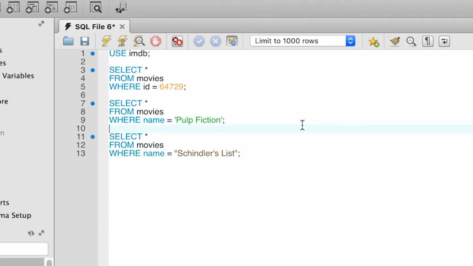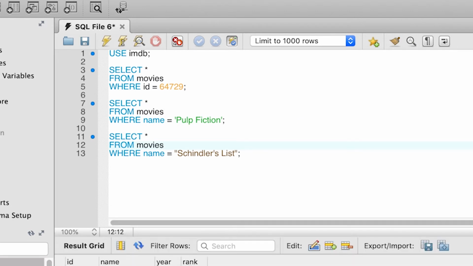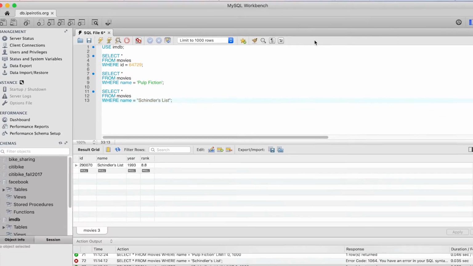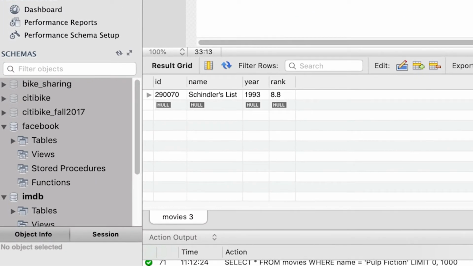So now we use double quotes to enclose the text value that is using a single quote, and the single quote is deemed to be part of the text. You will see that even visually, the query now looks more consistent. So we run our query and get back the entry for Schindler's List.